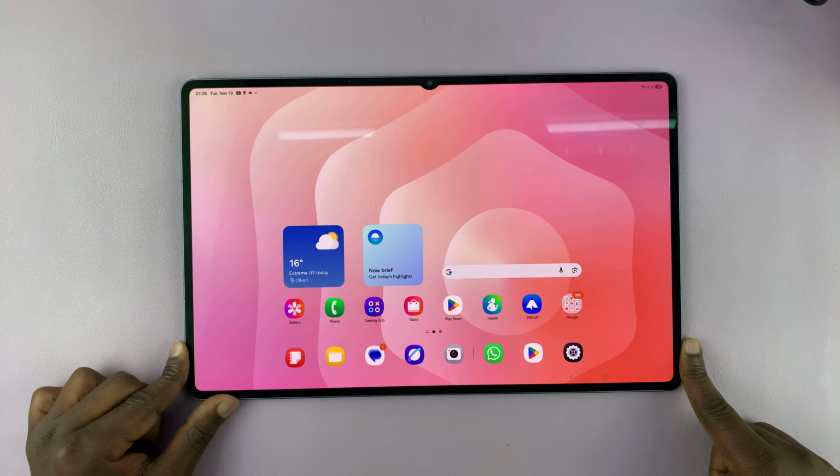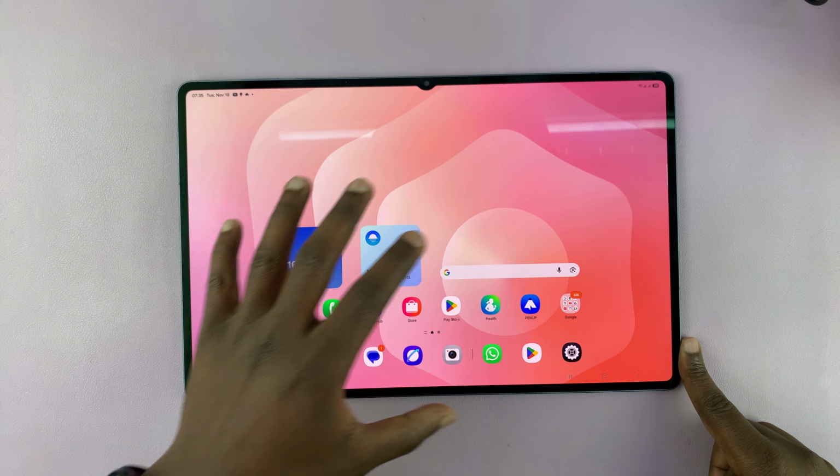So I'm going to show you how to set up two WhatsApp accounts to run concurrently on your Samsung Galaxy